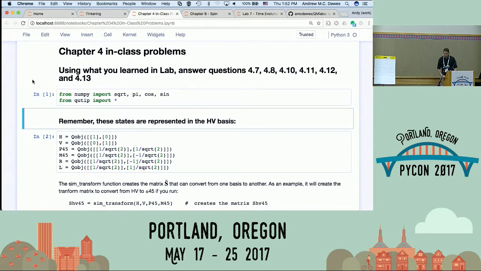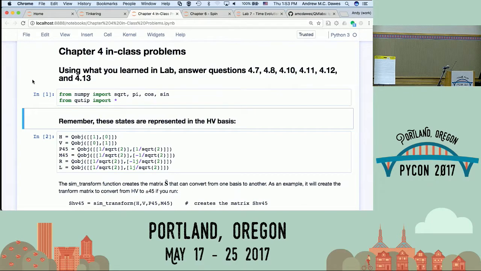Right? So again, they'd come in and I'd say, well, download this notebook, fire up Jupyter, and we're going to follow through. This is again after several weeks of doing this kind of thing. So run the standard imports. We're talking about photon states here. So again, this is how this book happens to start out: instead of dealing with bizarre quantum systems, they're talking about photons, and those are polarized horizontally.